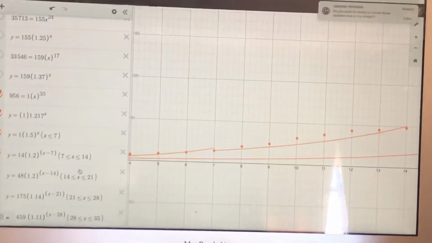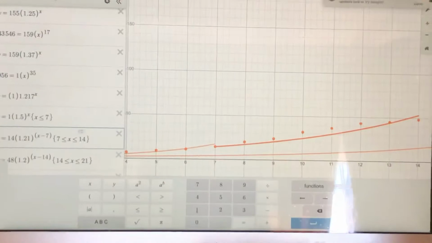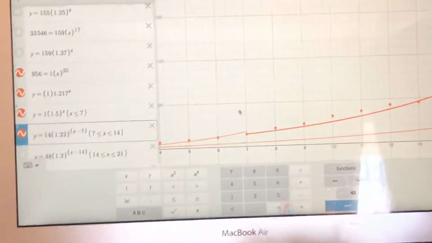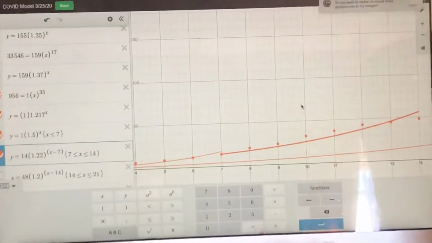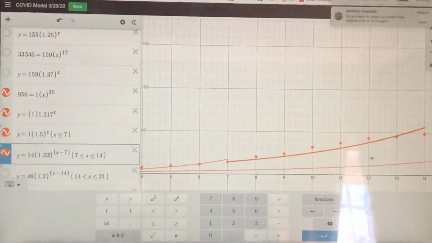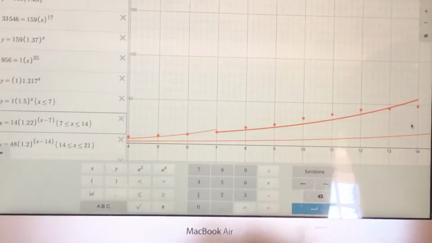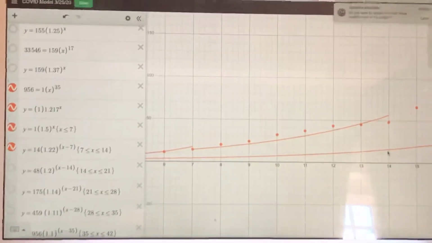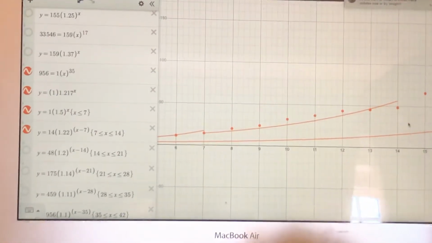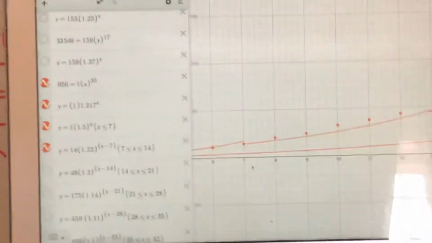Can maybe go 1.21, 1.22 maybe. Yeah, that's a pretty decent fit right there, 1.22. So it's under sometimes, but it's also over at the end. And critically, we are now creating some distance. We were doing worse than the 1.217 that we used to model the entire space. Okay, week 3, we start at 48 because that's the value we actually had on day 14.